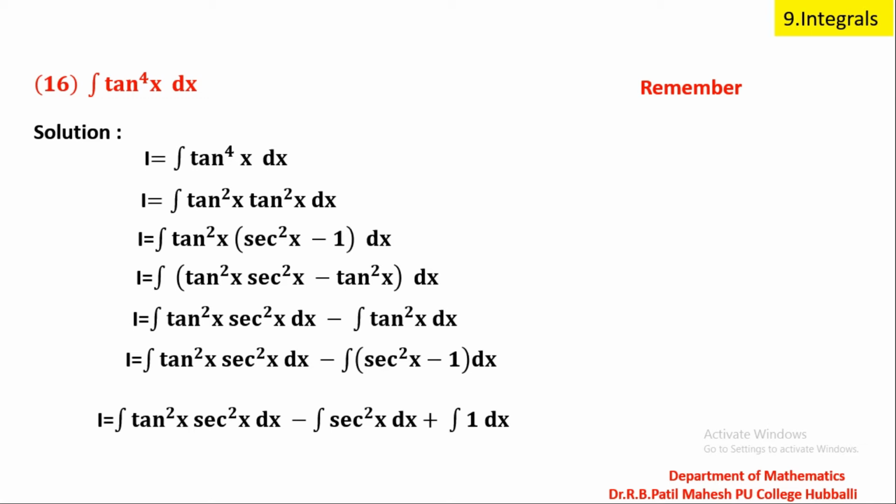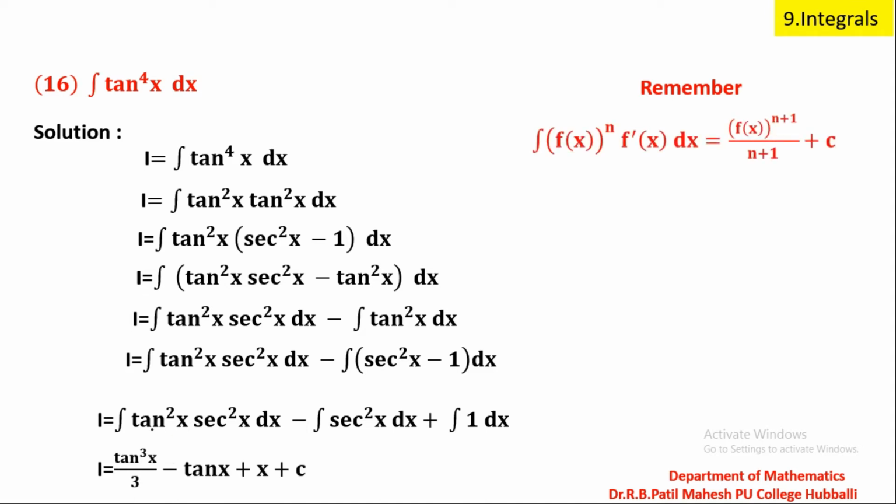Dear students, after all this discussion, once again I am showing you, remember this theorem, so that f of x is tan x, f of x to the power n plus 1, here n value is 2, so 2 plus 1 is 3, so tan cube x divided by 3 minus integration of secant square x is tan x, integration of 1 is x plus c, the constant of integration, using this in the first integrand. Here f of x is tan x, to the power n plus 1 means 2 plus 1. In the denominator also n plus 1, so n plus 1 is nothing but 2 plus 1. Hence we get the answer.